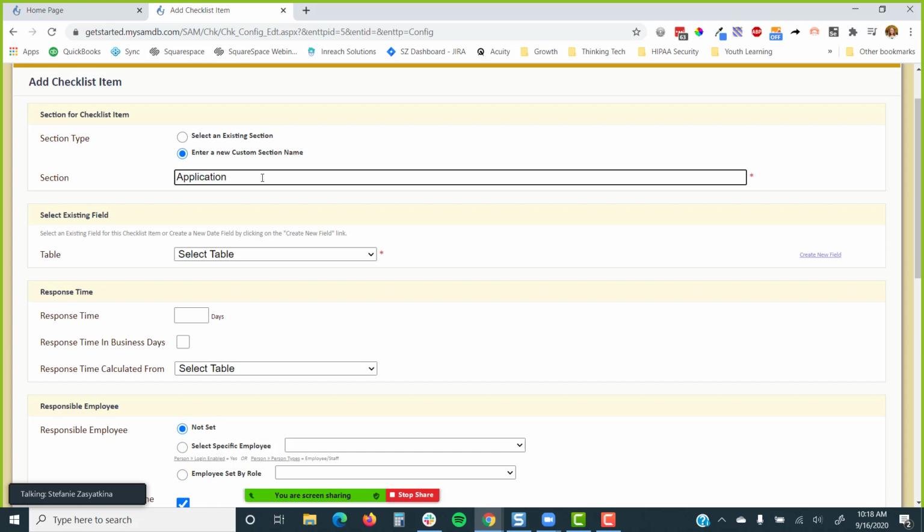I'm going to call this the application process. Keep this sort of simple. It's something that happens once an application is received: I want to review, and then I'm going to need an agreement. So the field is the actual task item that you want done, and that is always and forever